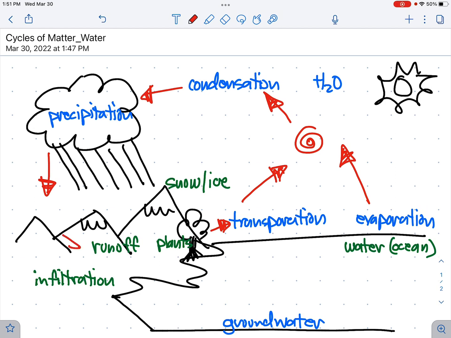Now that runoff, downhill, down mountains, down below, down to that lower area of elevation. And then the infiltration will go into the groundwater. And the groundwater then will supply the details or the sources of that to the plants as well as from the ocean. So all powered by the sun and all using that source of energy to make all that circulate and flow on a